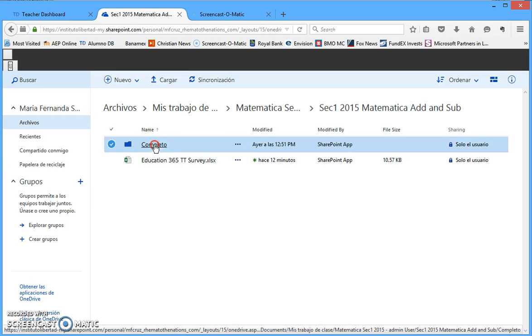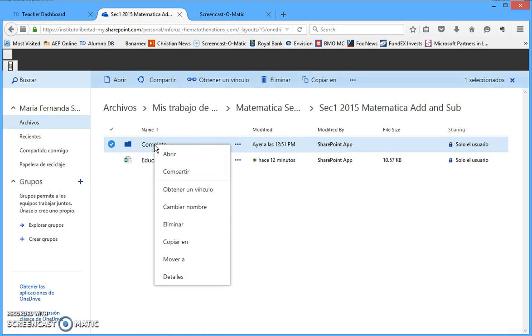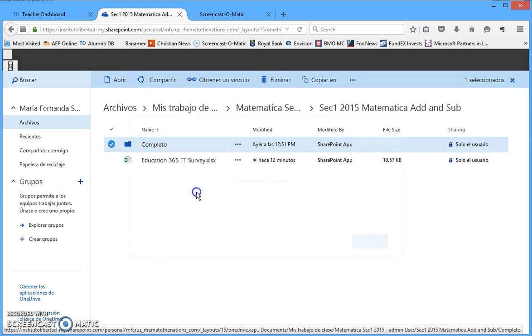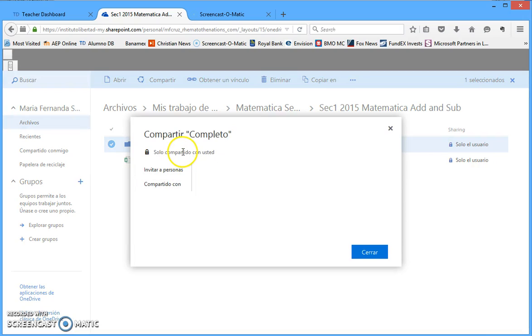Now what I can do is I can right-click on the folder, go down to Obtener, Vinculo, okay, Partir,